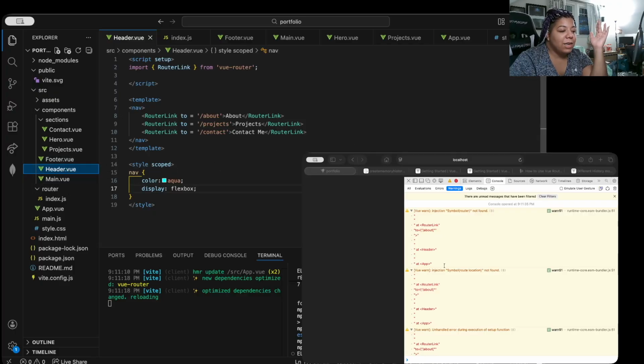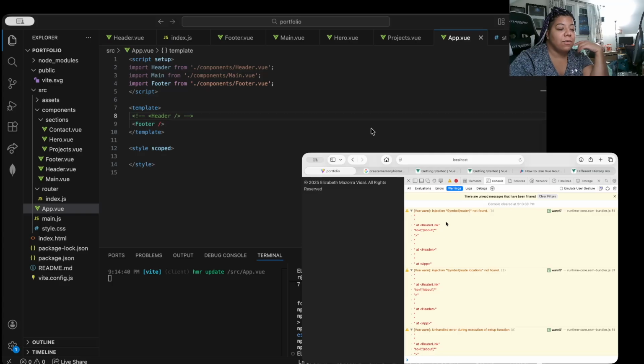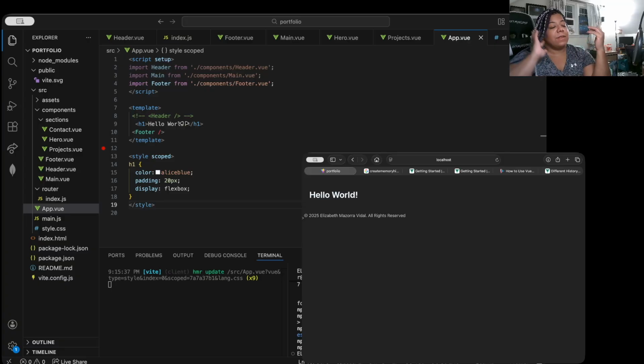Okay, so like I said, I got overly excited. If we go to App, and we just hide our header again, yeah, so those messages go away. We have this again. That's where we are. All right, so I think this is a good place to call it. I think I'm on the right track, that because there are no components to even go to, it's kind of being like, what are you even trying to get me to route to? Is there something there? So I might actually end up working on this a little bit on my own,